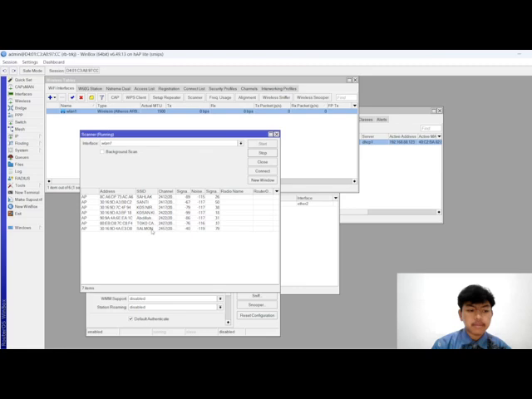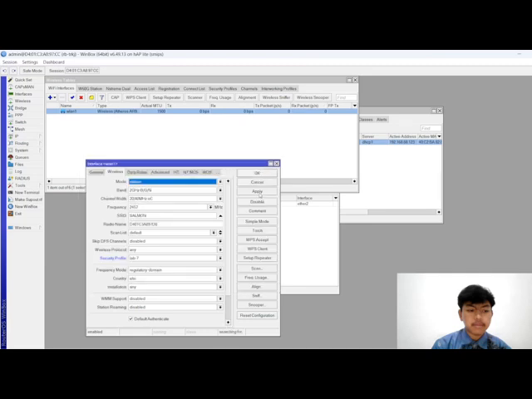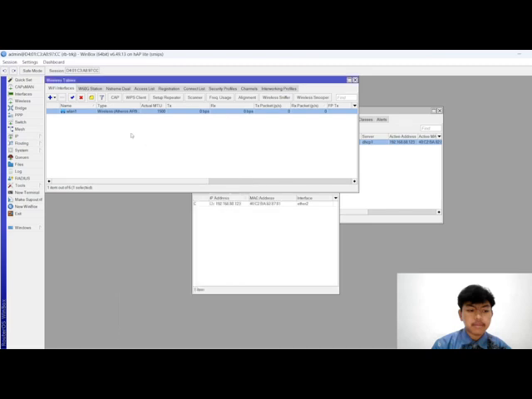Find your Wi-Fi, my Wi-Fi is named Mark Salmon, connect here and apply and okay, wait until it is running.